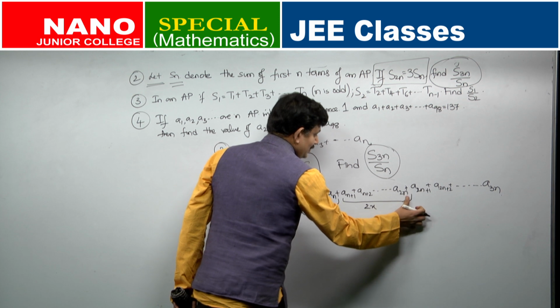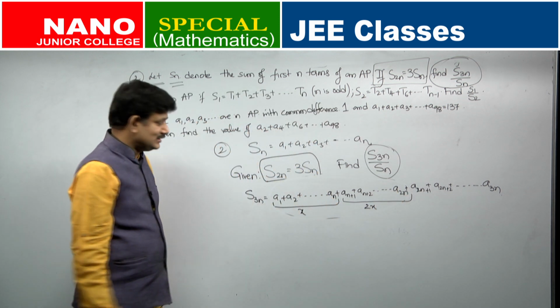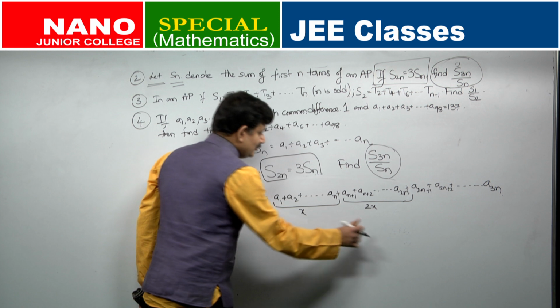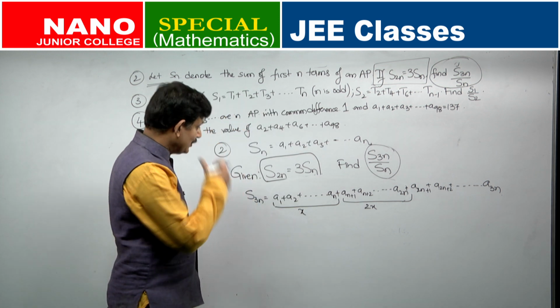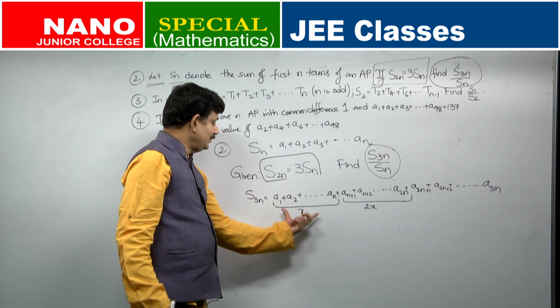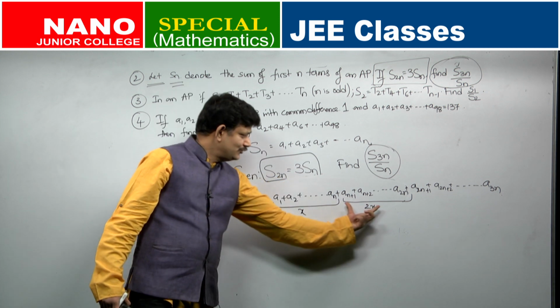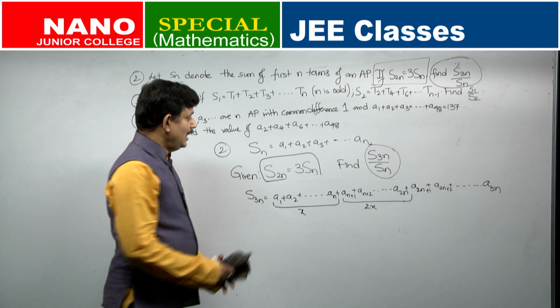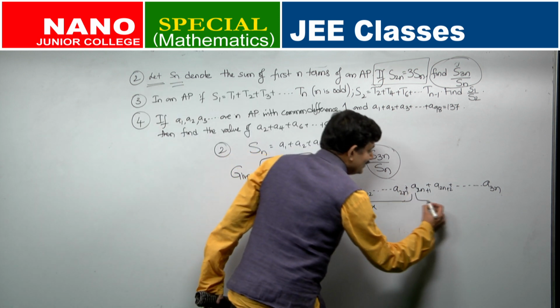So, this circle will not be needed for you. You have to just visualize things in your mind, because you have just started your preparation. I am doing all this for you. Okay. So, this total thing is given to be 3 times of x for you. So, this will be how much? 2x.